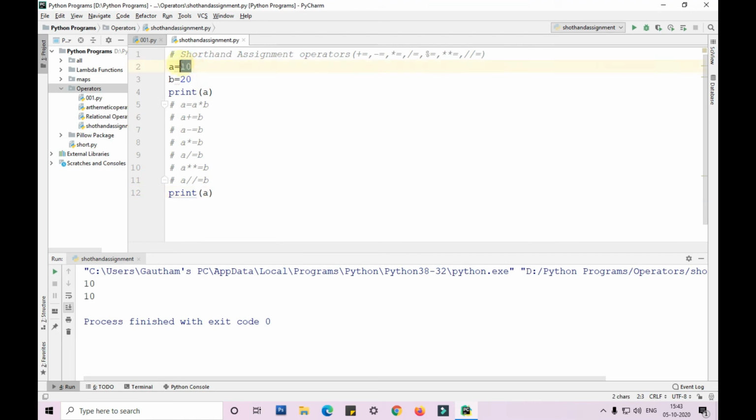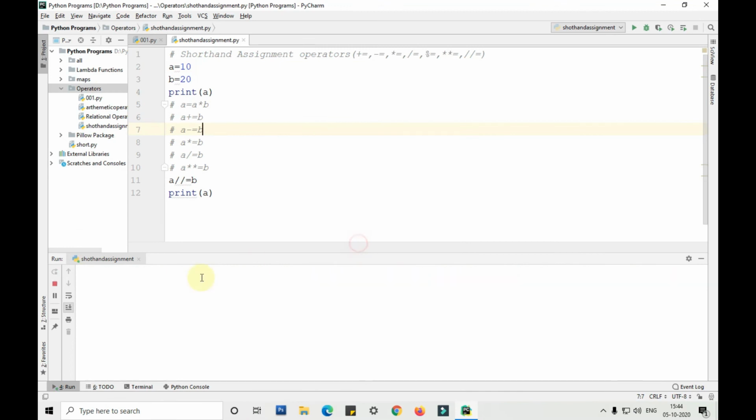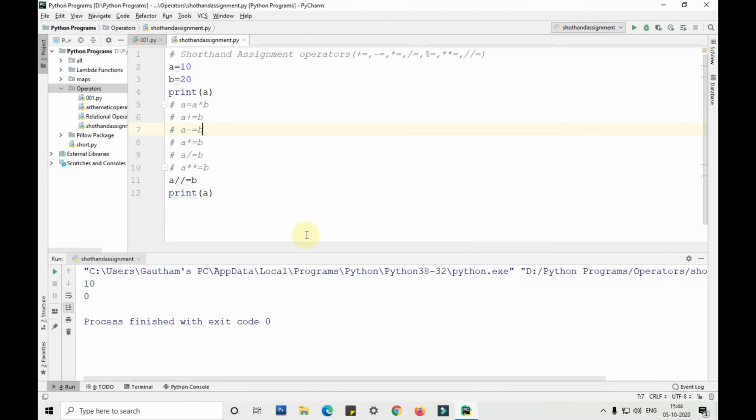So if I take this as 40 and show you, we can see the output will change. Oh, I'm sorry guys, I commented this particular code and I'm trying to run it. So as you can see, we are getting 2 here, whereas if I take 10 and show the output, we'll get 0. Okay guys, hope you have understood.